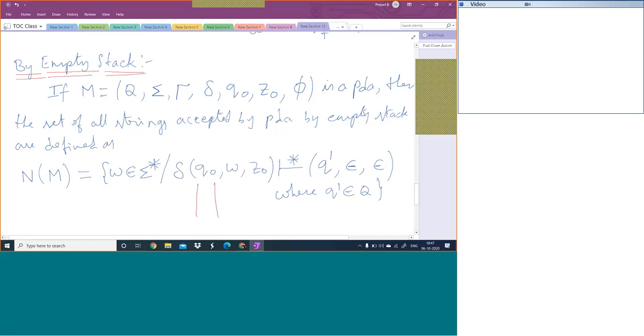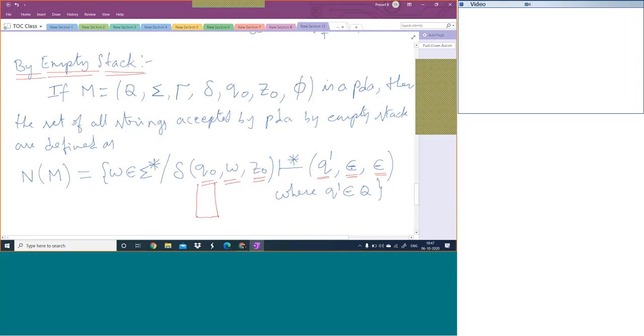So a string, if it is accepted by the PDA, has to start from the initial ID, that is (Q0, W, Z0). After one or more transitions, the string must be scanned. When the machine stops here, the string must be scanned completely, meaning the string must be empty, and the stack must be empty, meaning all the symbols in the stack must be deleted. And here Q dash can be any state. It can be Q0, Q1, Q2, any state. We don't bother at all about this state. The state can be anything. Only the two conditions are the string must be empty